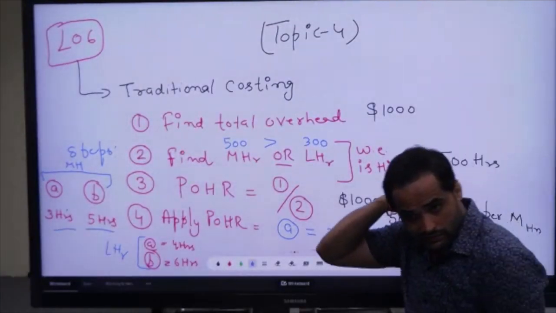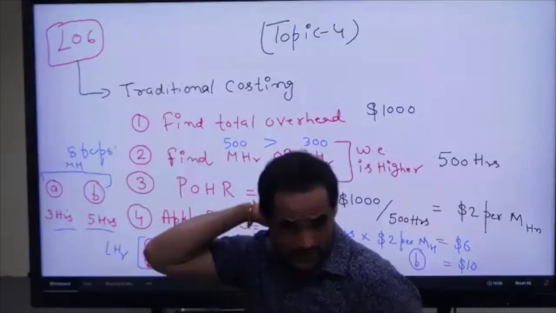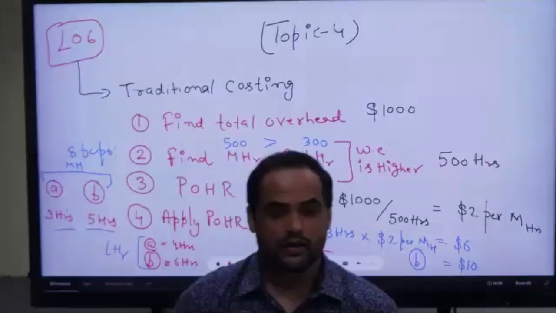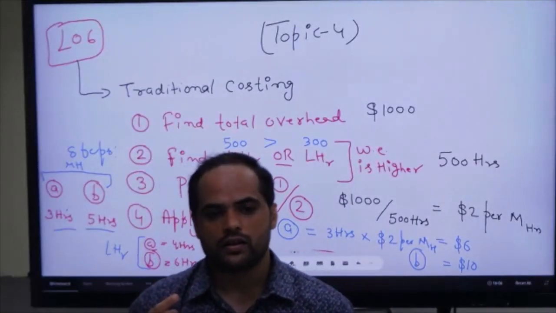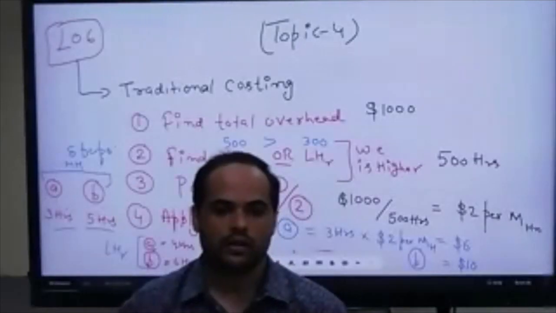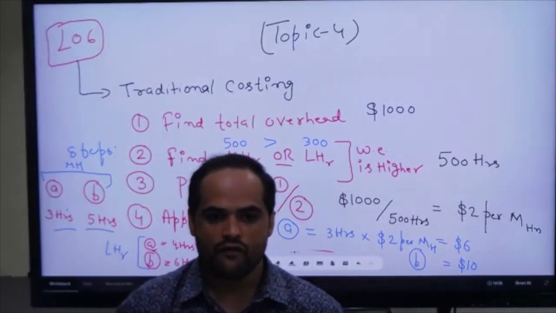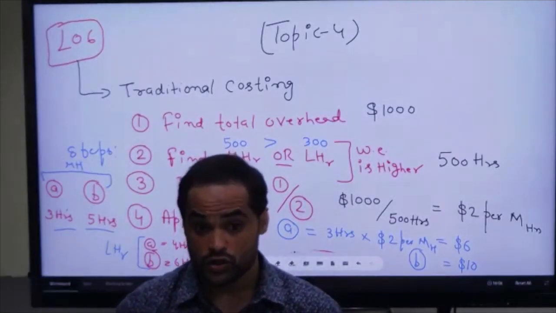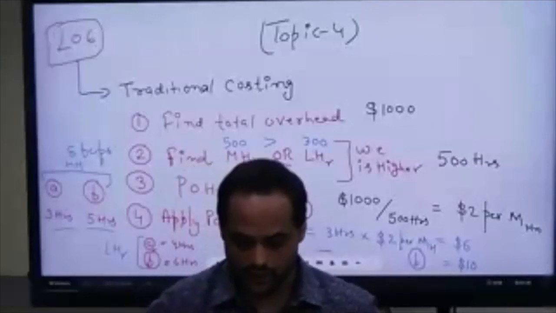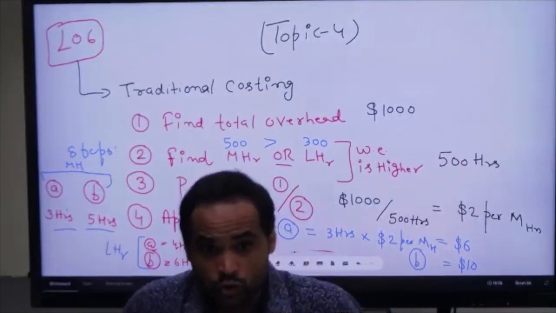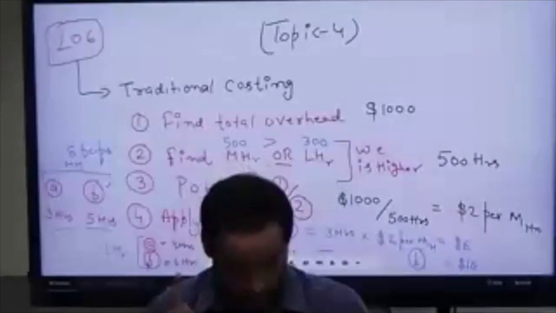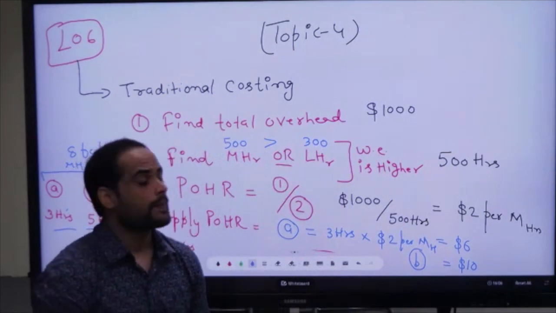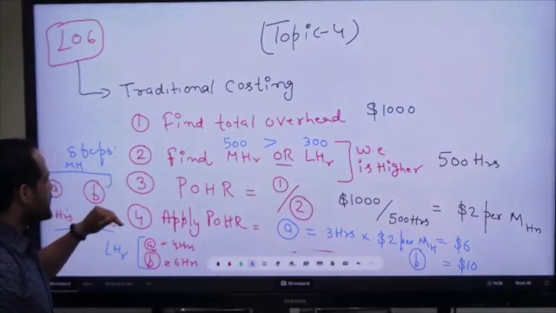All right? Which means if the machine runs 1 hour, the cost of producing the product will be $2. That is the cost of the machine, particularly, right? So the cost will be $2 per machine hour. If machine hour is 1, cost will be $2. That's the meaning of step 3. Once we got step 3, then we